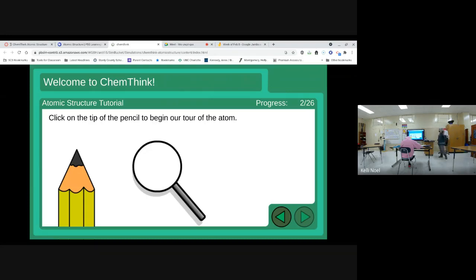And so if you get stuck, just let me know, but that's what you're going to do. And as you go through each thing, at the end you're completing a table, and you want to make sure you write in the information in that table at the end. So you're going to work independently. If you have a question, ask me,